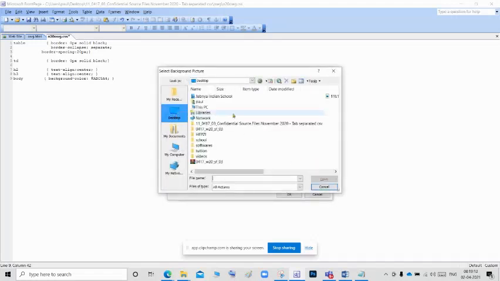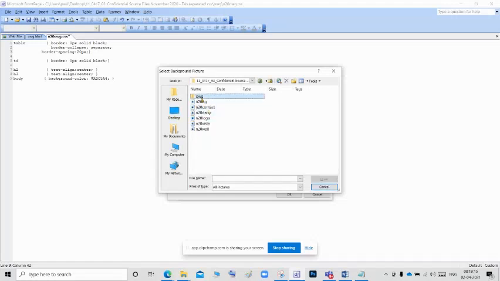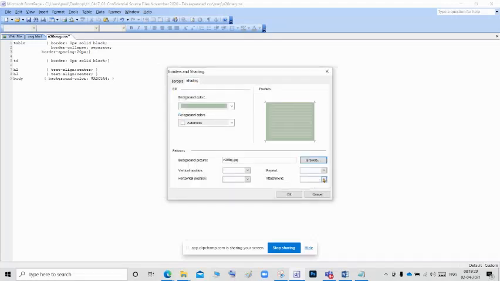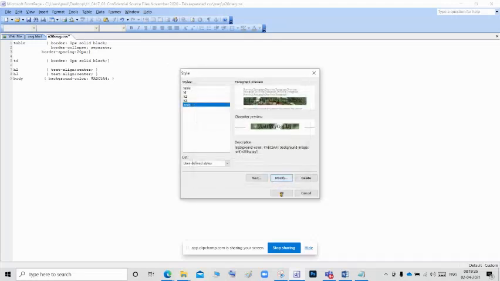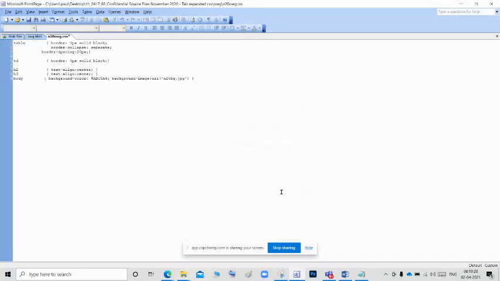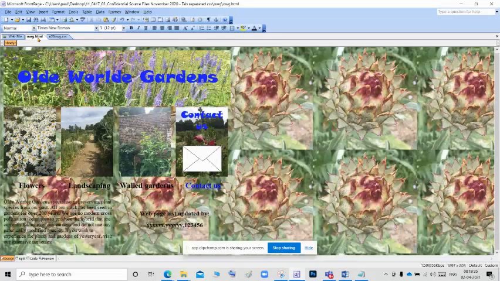We can give, go to the source folder, and they are asking N20BJ. Select this and open and click OK and click OK and select the body and click OK. So now we added the background image. Save the style sheet and go and check in the HTML page.